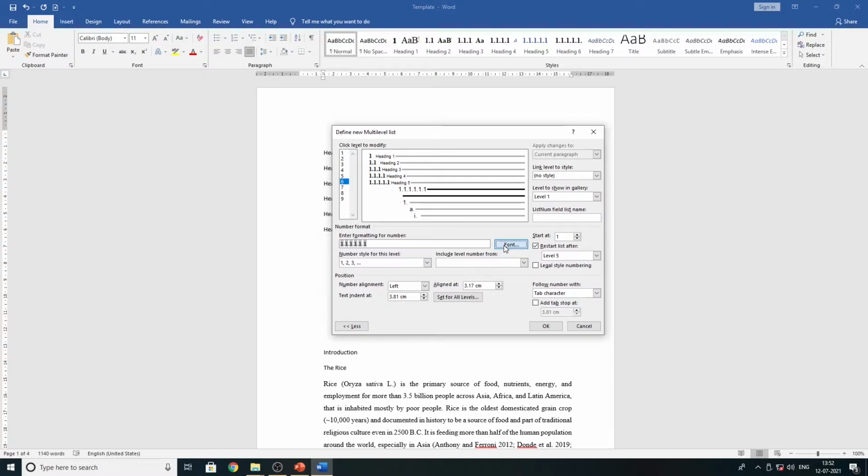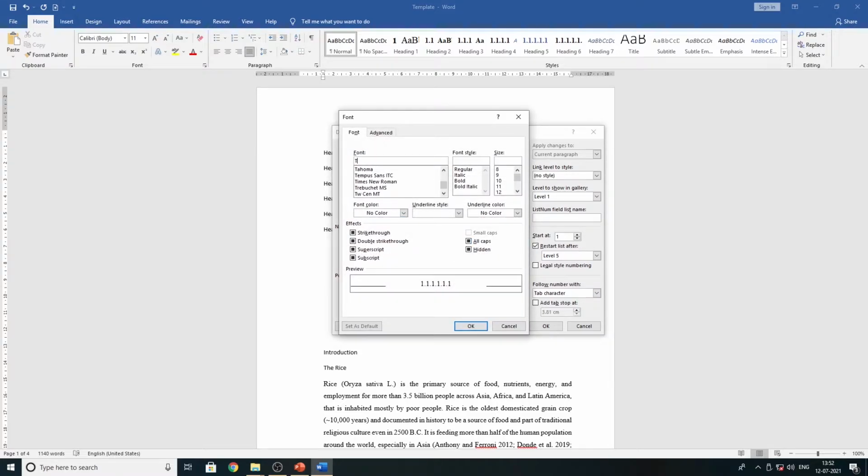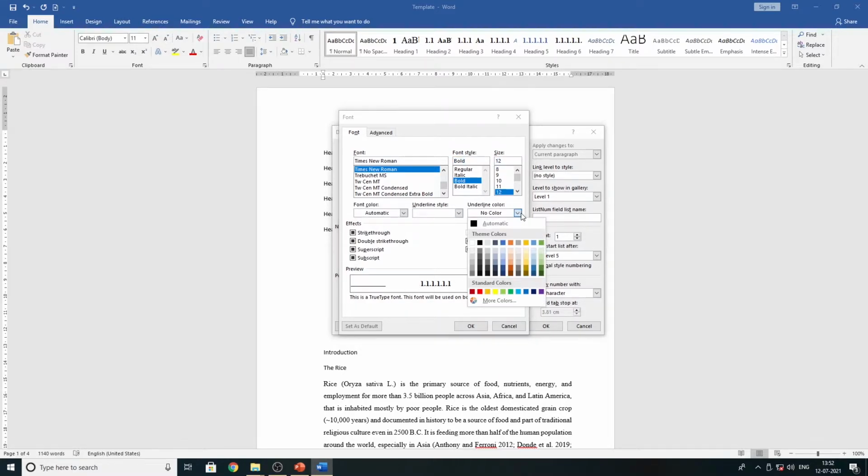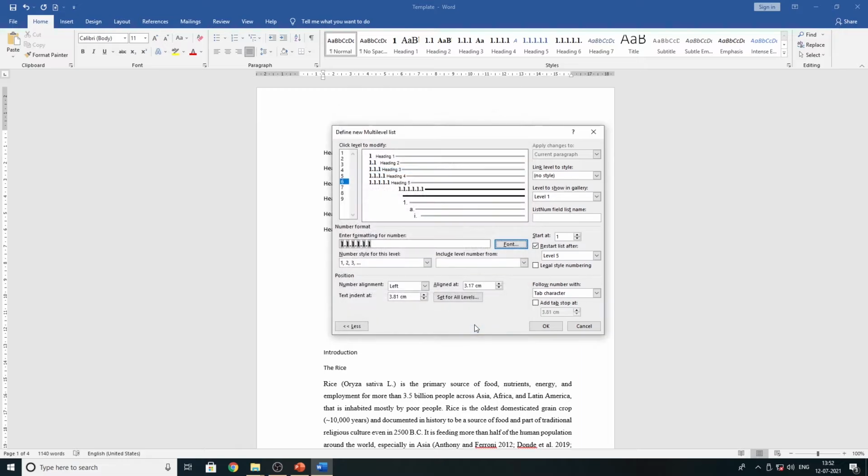Then I am going to change the font of this style. So Times New Roman, bold 12, and the color of this automatic. Okay. Now I'm going to change the alignment of this style. Here is going to keep 0. Here there is a 2.7, 1.27.